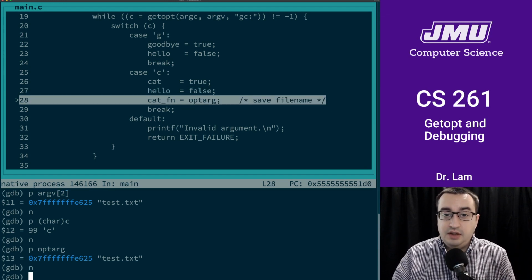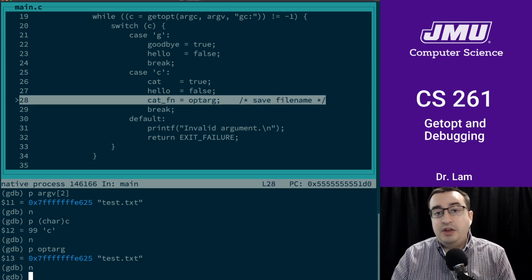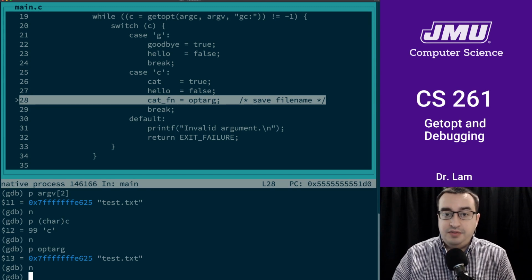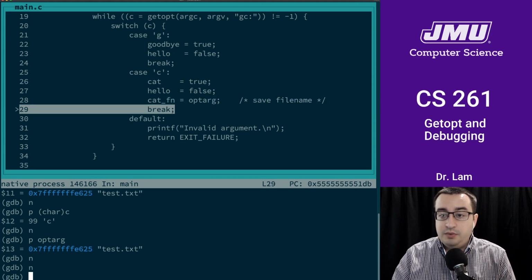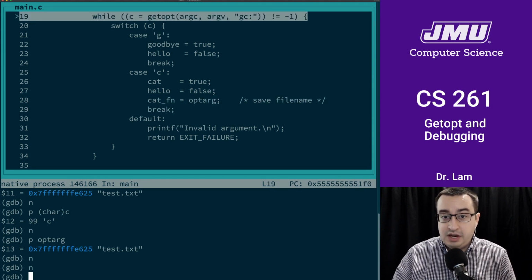We set this cat fn or cat file name variable, which if you look at its definition, it's a char star. So basically we're saving the address of the file name as it sits in argv, which means that once we get out of the getopt loop, which will happen on the next call to getopt, because remember that we only are passing 1 flag.